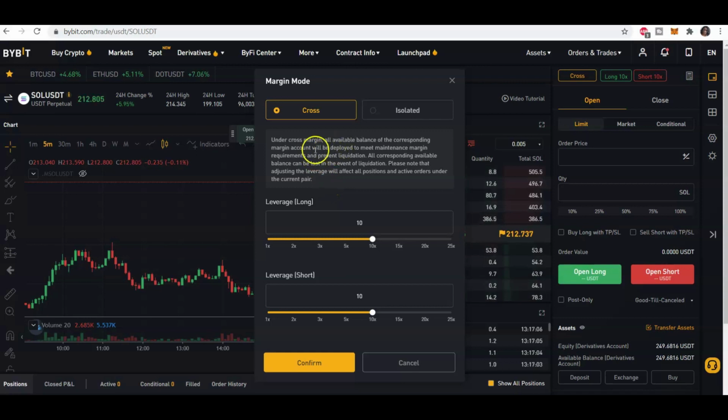The cross simply tells you that under this particular option, all available balances of your corresponding margin accounts will be deployed to meet maintenance margin requirements and prevent liquidation. So all this says is once you click on cross, and in the event of the need to be liquidated in your trades, then it will pull on funds from your other accounts to avoid liquidation. And down here is where you would set your leverage for your long positions and your leverage for your short position. With the isolated option,